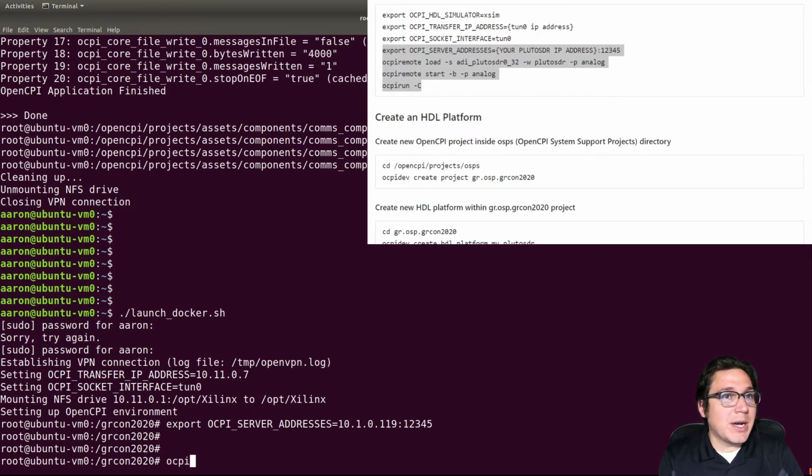And then I'm going to run OCPI remote. Since I just got out of the previous workshop, I'm going to use reload, because there's a sandbox that contains all the files, and it's going to delete that directory and then load it with a brand new one. You would use just load. But if you get an error, because we just got out of the previous workshop, use reload, and it'll do that. The error would be the sandbox already exists. Pluto SDR 032 Pluto SDR